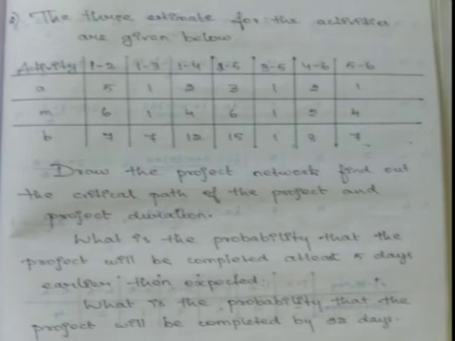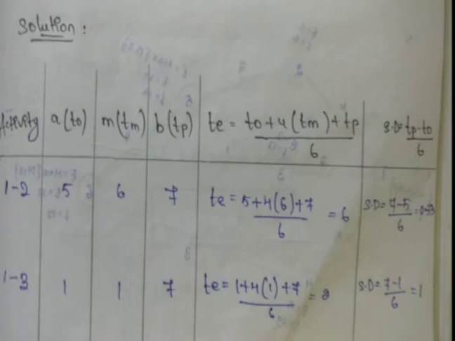The next thing, we have to draw the network. The expected duration value will be substituted as the duration value and then we have to find out the critical path. Afterwards only we have to come to the probability. So the tabular column you already know. I will just introduce that,